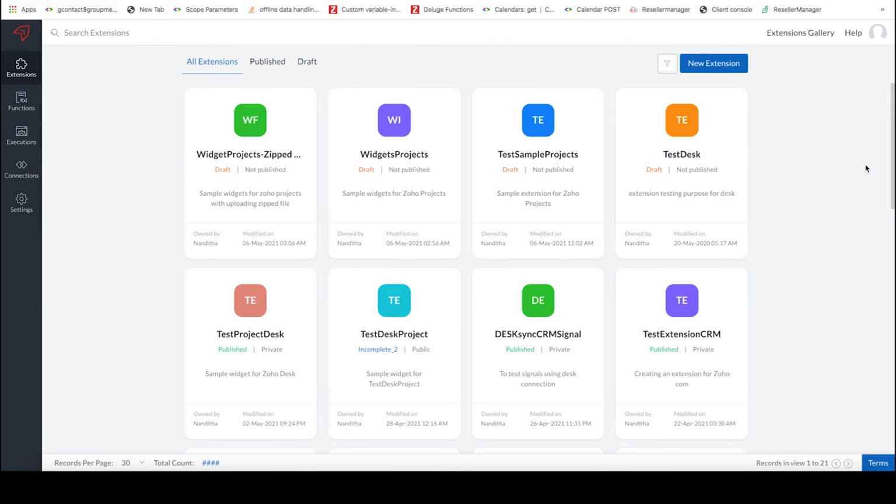If you're a first-time user, you will be prompted to create a workspace. You can enter a workspace name to proceed. Here, since I've already created a workspace and developed a few extensions for different Zoho services, all the extensions that I've created are displayed on this page.